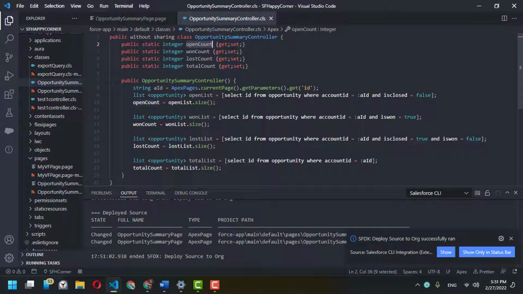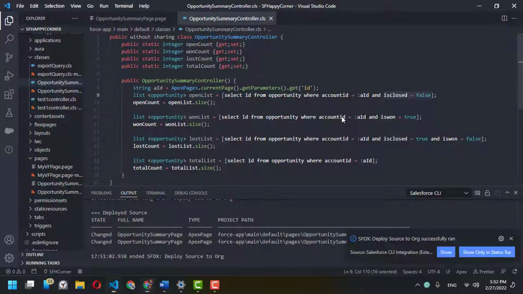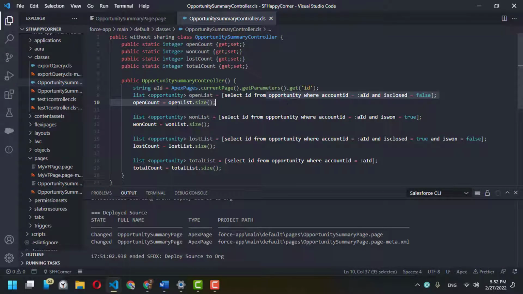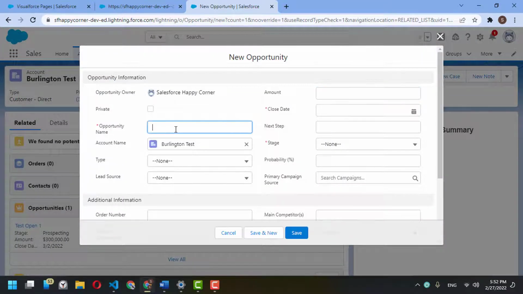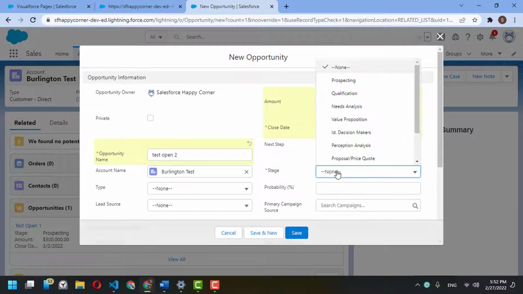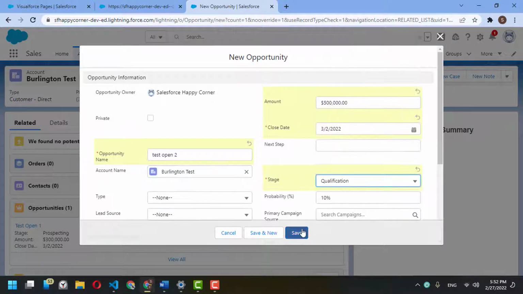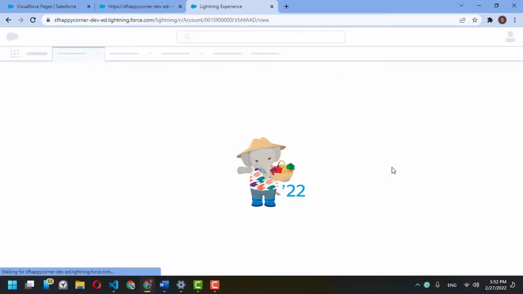Why? Because the open count variable is the size of this list, open list, and this list is closed equal false. This one is still in the prospecting stage, so it is not closed yet. So it returned only one opportunity and it is stored in this variable. What if we created another open opportunity? So test open 2 and 500K, close date this one, stage, let's say this one. This stage is still open. So if we save and refresh the page,